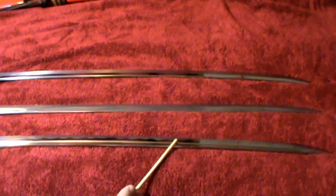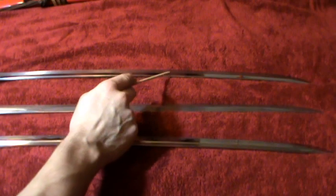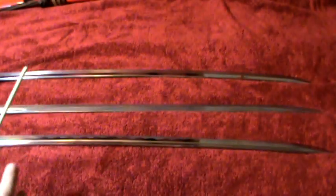Hey everyone, this is going to be a quick video explaining the differences between a Shinogi Zukuri blade and an Unokubi Zukuri blade. This sword is here to show something else later to compare a difference. So, this